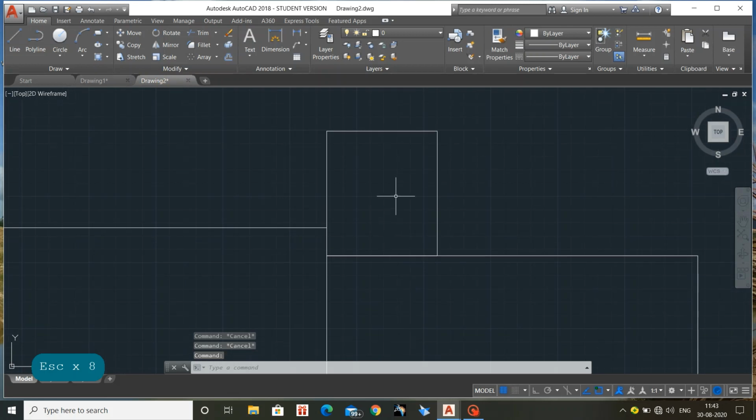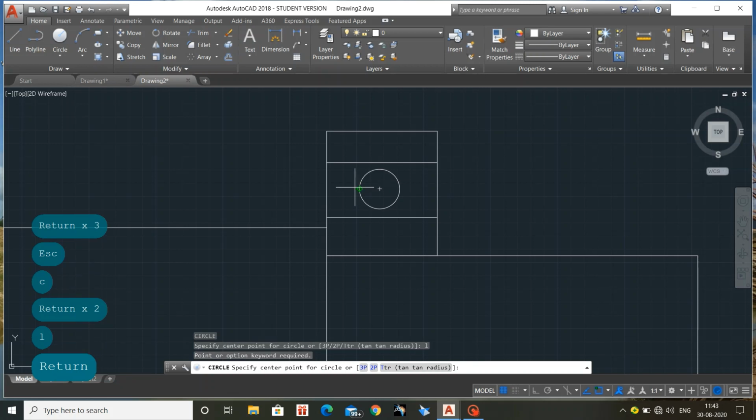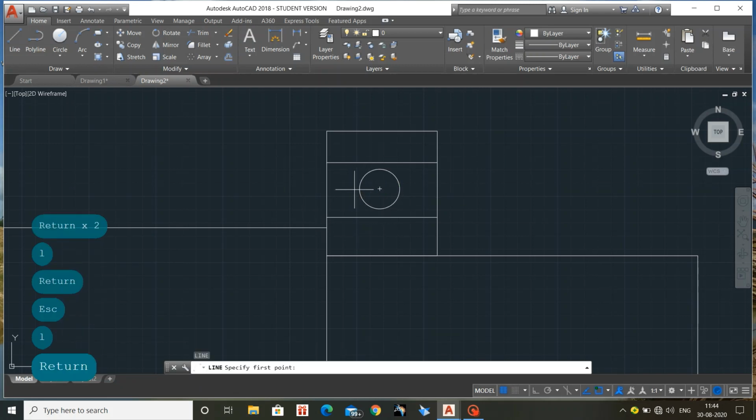So by taking this, I'm taking a line here, and similarly I'm taking a line here. So constructing a circle, enter, and a line. So done. This is one type.